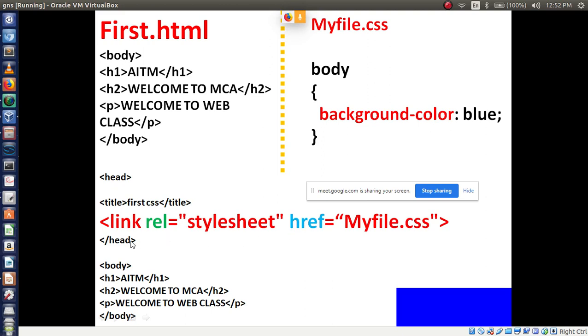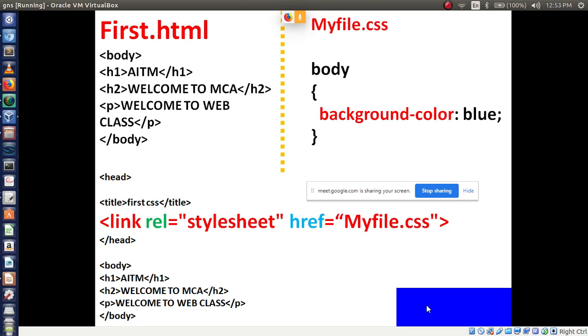Then close the head, and the remaining code is the same: body, h1, h2, p. If you run this file, you will get the output like this. The background color will change. Is that clear?